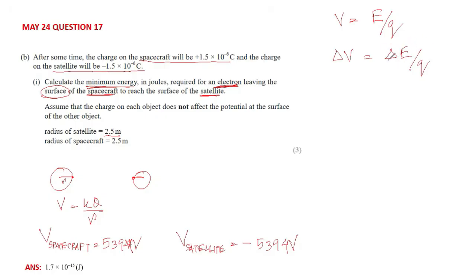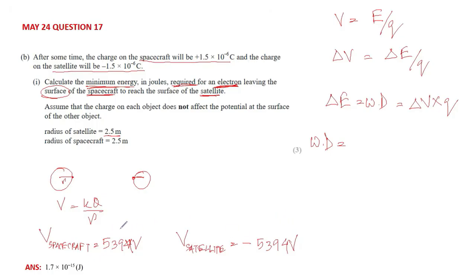So this is the change in electric potential energy that corresponds to the work done. In other words, the minimum energy required, right? So change in electric potential energy is equal to work done equals change in electric potential times the charge. So the work done, or in other words, the minimum energy required would be the change in electric potential